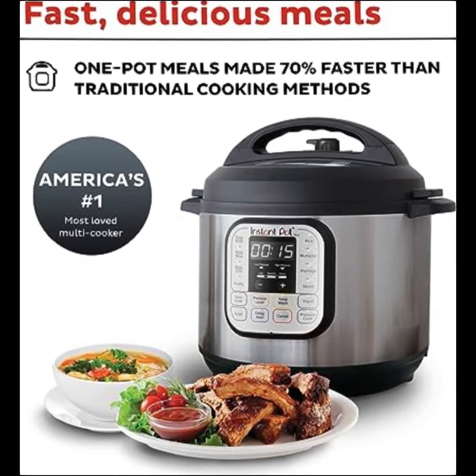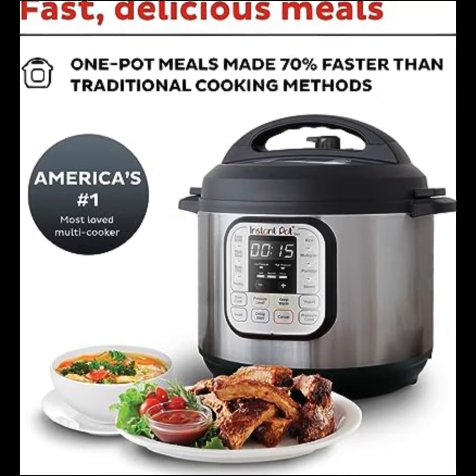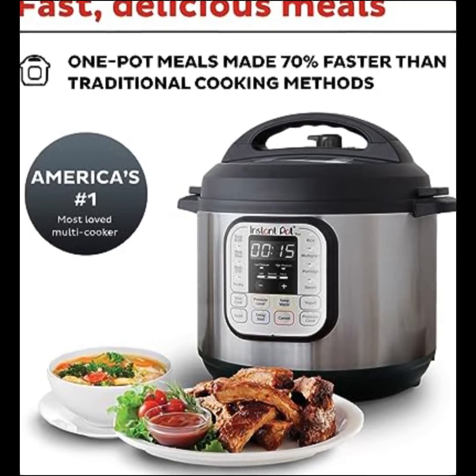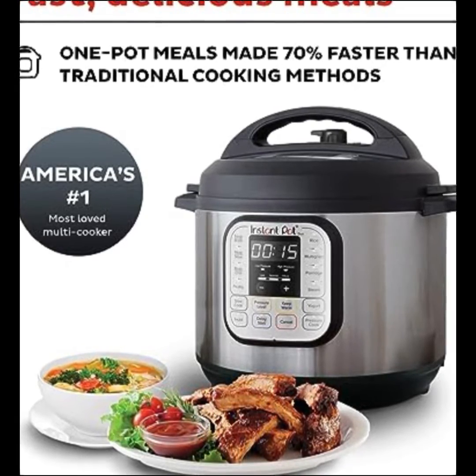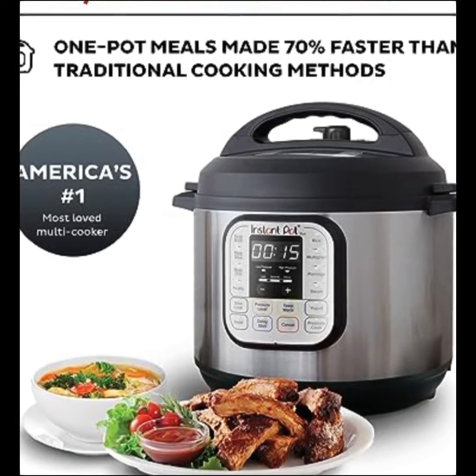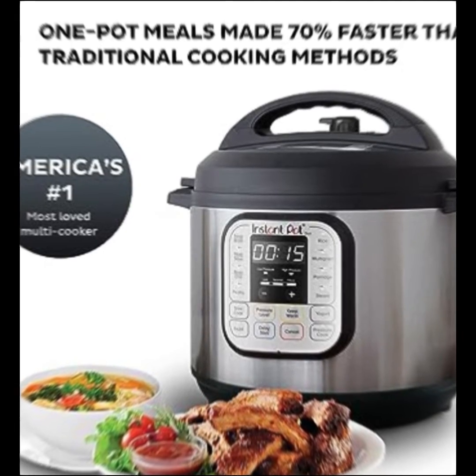Safety features: includes over 10 safety features, plus overheat protection and safe locking lid. Great for growing families, cook for up to 6 people, perfect for growing families, or meal prepping and batch cooking for singles. Versatile inner cooking pot: we use food grade stainless steel, a tri-ply bottom for more even cooking and perfect for